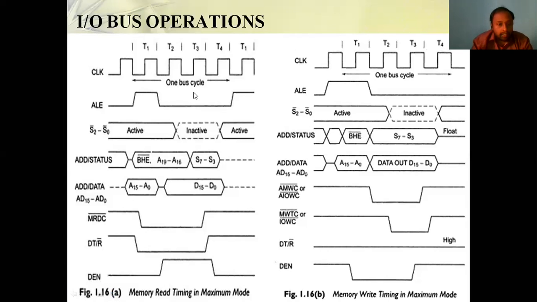So when ALE is low and DEN is high, that means whatever you are taking from the pins, AD0 to AD15, those are treated as data pins. At that situation, as it is the receiver, you can receive some data from outer memory, from the address you have given. From that address you are taking some data on AD0 to AD15, and that data you are going to receive on the D0 to D15 pins. So this is the IO bus operation.